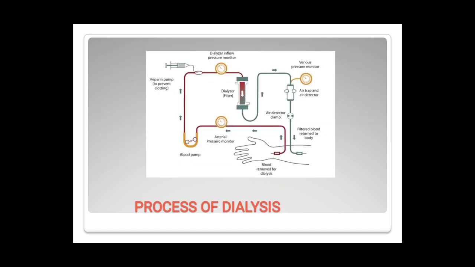So this is the diagram showing process of dialysis. Here you can see that blood is removed for dialysis from the artery. Blood is kept at 0-degree temperature and an anticoagulant is added. Heparin is an example for anticoagulant which prevents the clotting of blood. Then the blood moves to the dialysis machine where dialysis filtrate is present. Dialysis filtrate will absorb urea and excess salt from the blood. Blood is purified and this purified blood is taken back into the body through a vein.